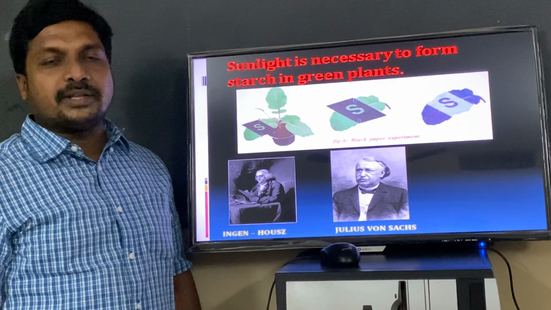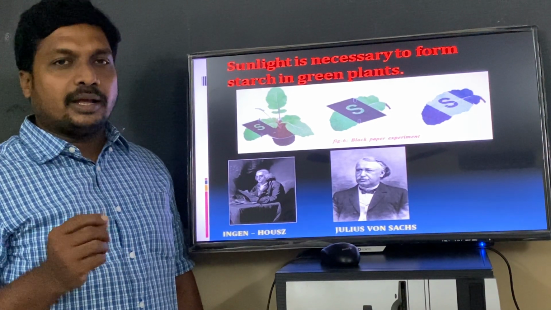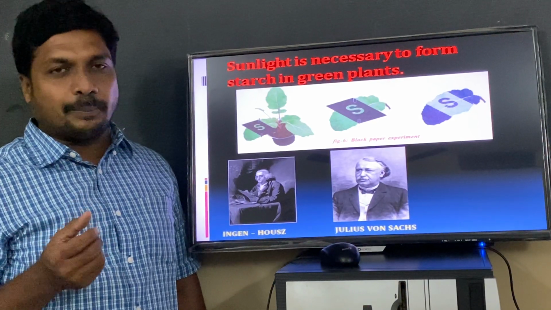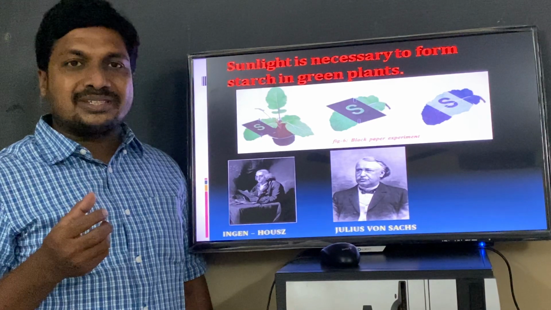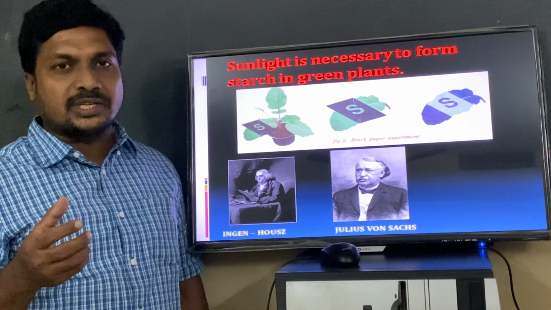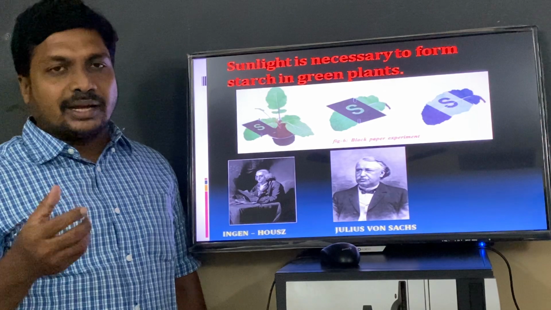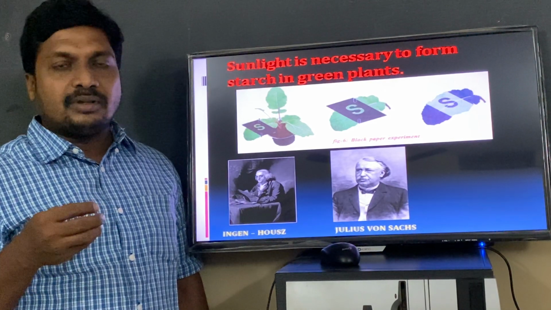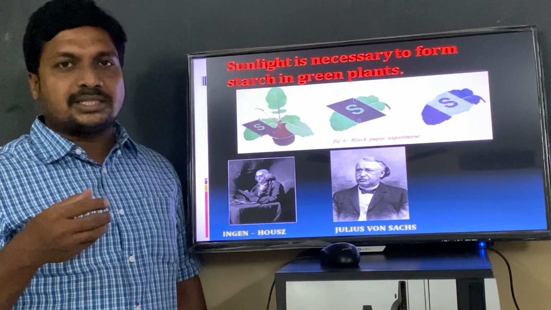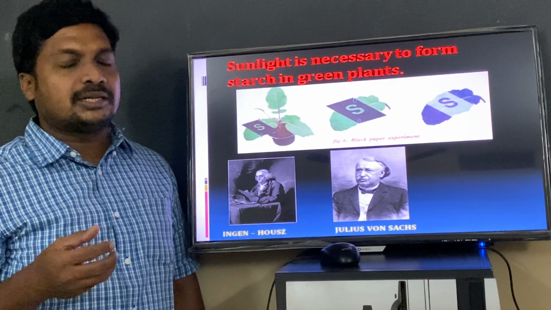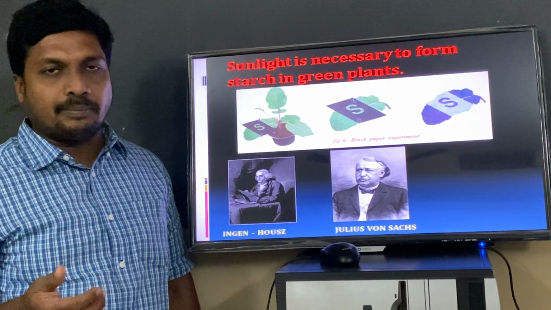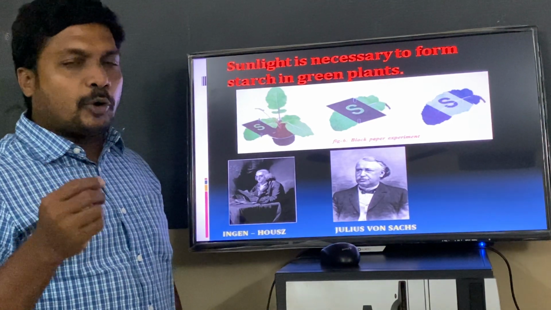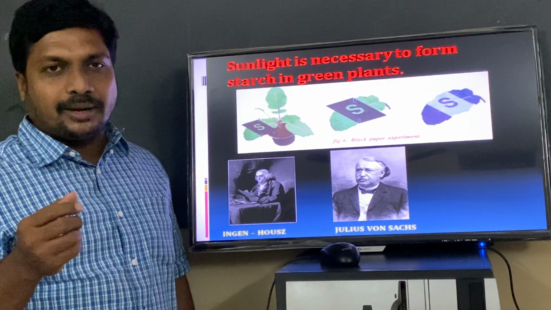Good morning children. In the previous class we learnt about photosynthesis and autotrophic nutrition in green plants. We also learnt about some experiments related to photosynthesis, the importance of CO2 in plants and oxygen, how to test whether green plants release oxygen, and how to test for the presence of starch in green leaves. Next, let us discuss another important topic in the first lesson, nutrition.